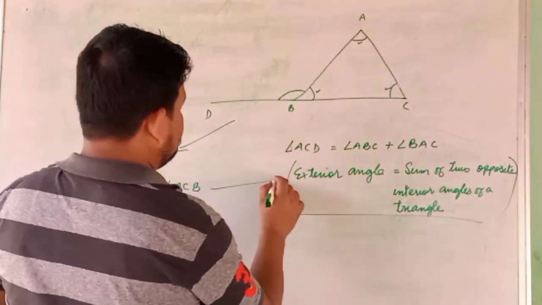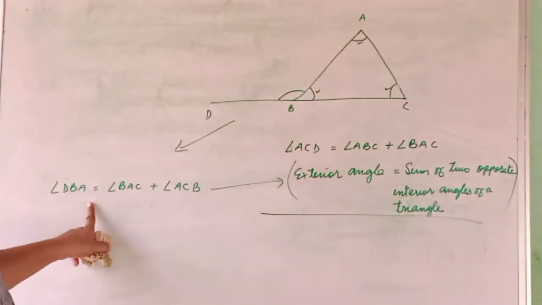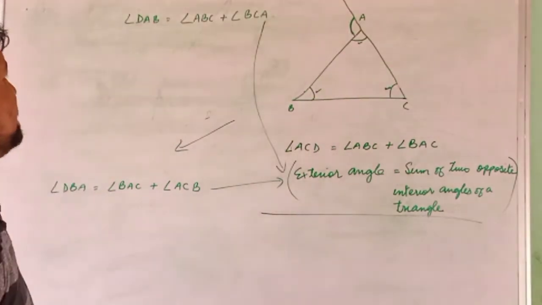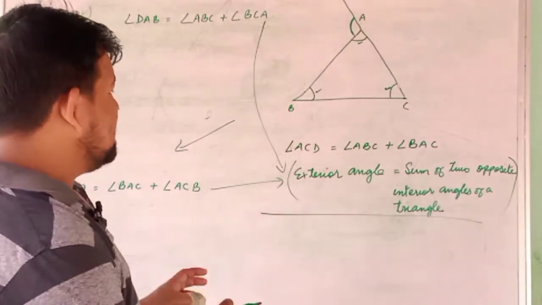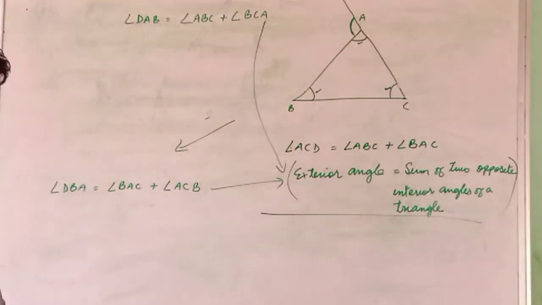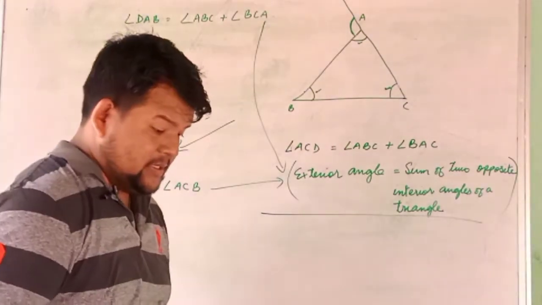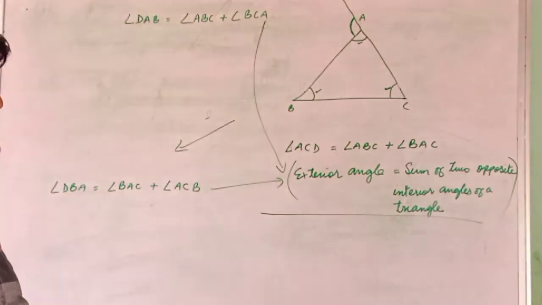So which property? This is the property. Now I think you have understood the property, so we can use it in this way. You'll have to remember this one so that we can solve exercise 6.2 very clearly and very nicely. So okay, let us now solve question number 1 of exercise 6.2